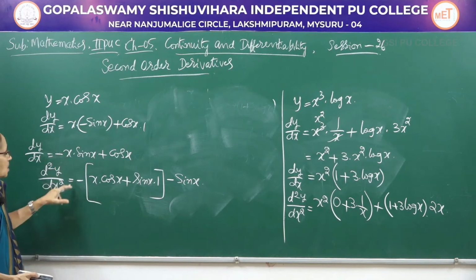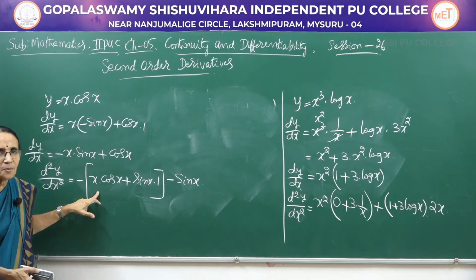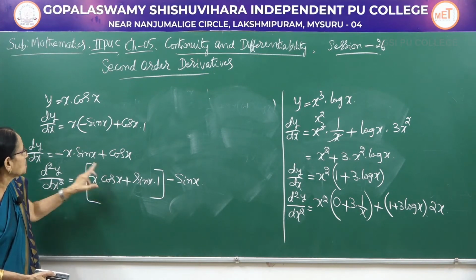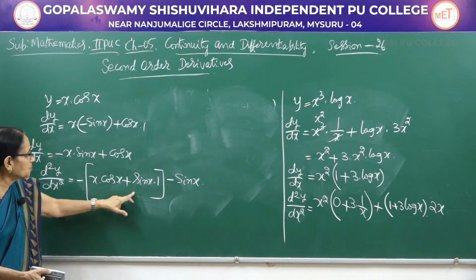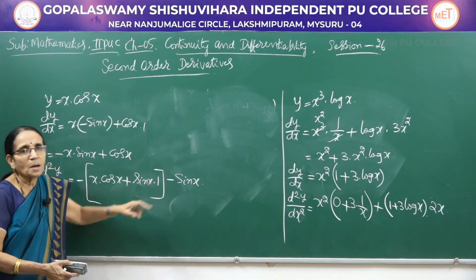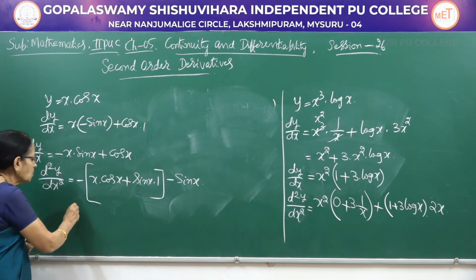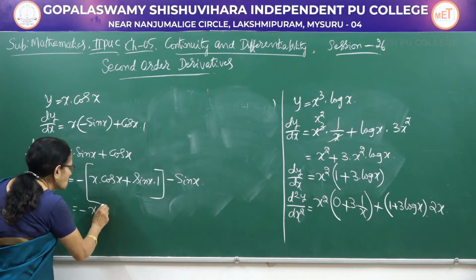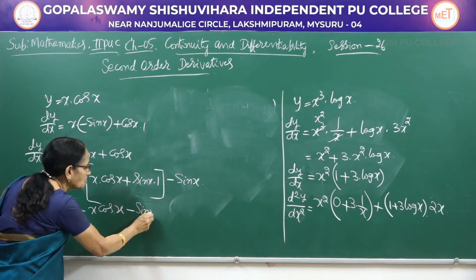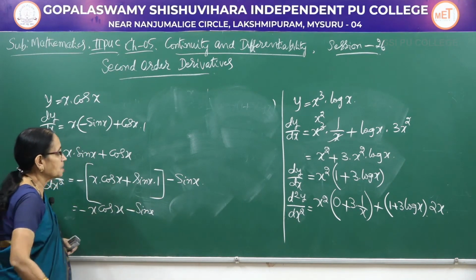Now keeping that minus sign outside, I have differentiated for the second time. It is x into cos x plus sin x into 1. Both of them should be multiplied by the minus sign. Now cos x has become minus sin x. Now let me remove the bracket: minus x into cos x minus sin x, and then another minus sin x